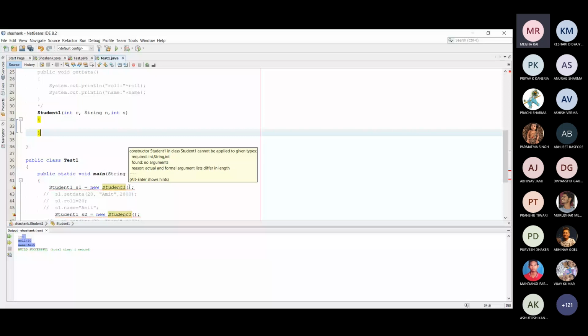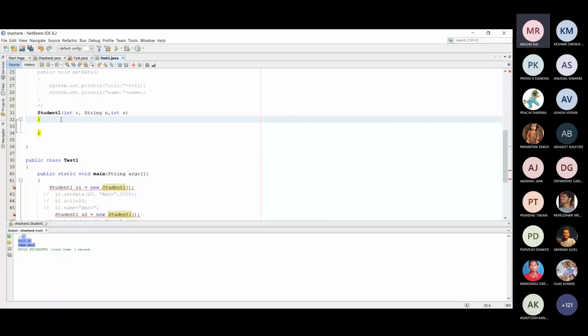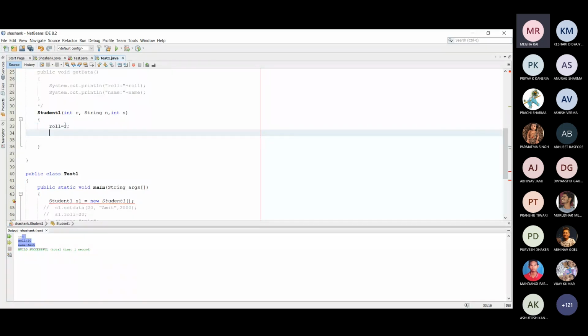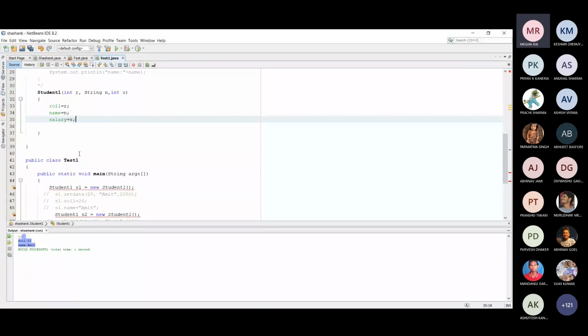Basically, this is the parameterized constructor which has 3 parameters, R, N, and S. R is assigned to roll number, name is assigned by N, and salary is assigned by S. So we need to pass here the roll number like 20, name Amit, and salary suppose 2000.